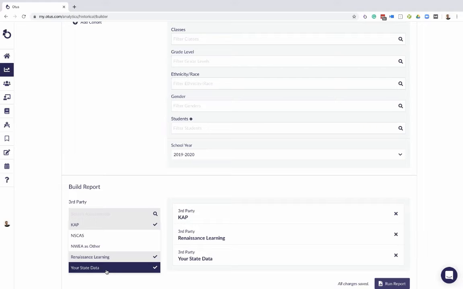So in the meantime, we are going to help you get your NWEA or SBAC data into Otus so that you can visualize it today. It's not going to be as robust as it ultimately will be, but you will still be able to visualize it. So if you have SBAC or NWEA, hit us up on chat so that we can make it so that you can see your NWEA data or your SBAC data as it sits in Otus now. But ultimately, it's going to have a lot more things that you'll be able to dive into. But anyway, once you build the report of the data sets that you want to look at, you click Run Report,